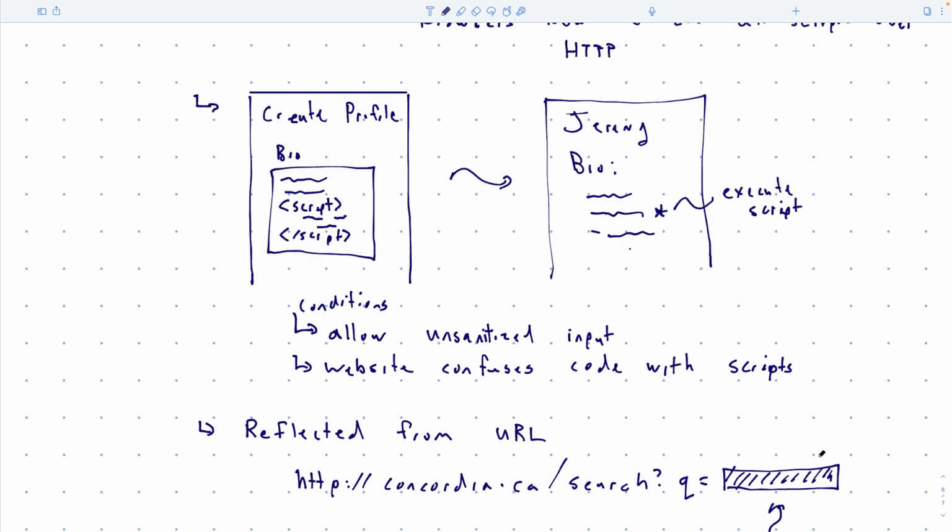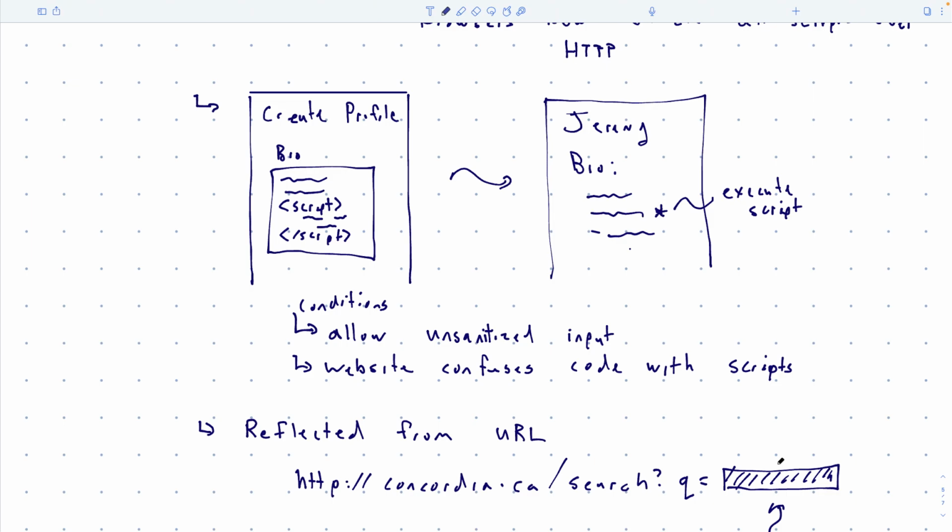And then I trick you into going to that URL. I send you an email saying, check out these search results. You're not looking closely at the URL, you just click it. Then you go here, and there's some JavaScript up there. Now, JavaScript in the URL isn't going to do anything by itself, because the URL is just you asking Concordia.ca, in this case, to give you the search results for this weird string. So what are you going to see as the search results? You're going to see, oh, I've never even heard of that search query before, there are 0 results.